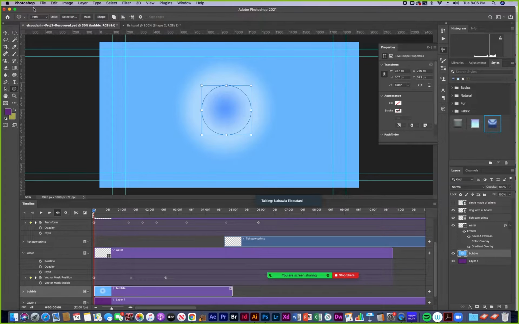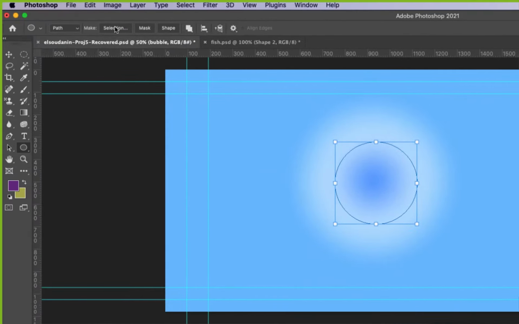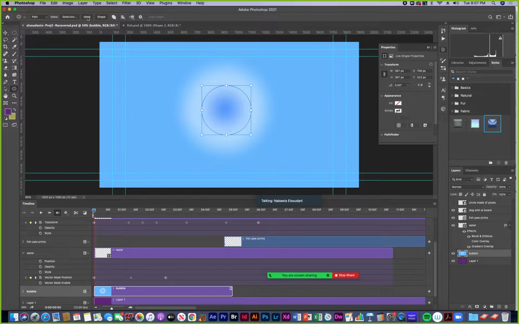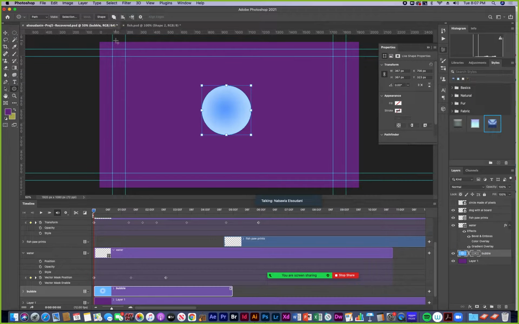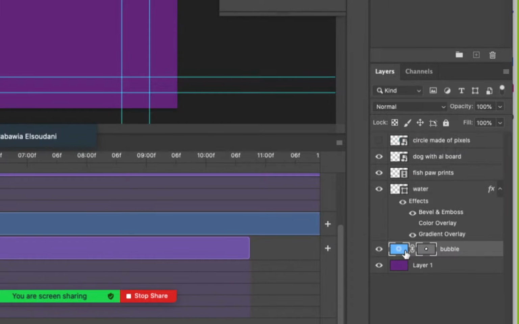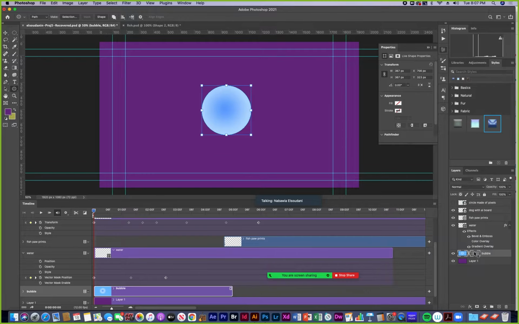I could do that by clicking mask here. That should work. Let's see. Yeah, and then it makes it a layer that's a raster layer made of pixels with a vector mask attached. So on this bubble layer, let me open it up.